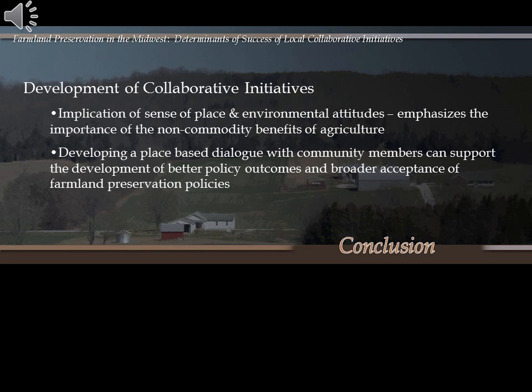And so just a couple of real quick ones, because I know this video's gotten long. One of the things that I took away from this is that sense of place and environmental attitudes are both really important for engaging the community in this dialogue. And so when it comes to looking at farmland, forest, or open space protection, you need to understand and engage the community in dialogues that focus both on environmental components, but also on the place-based components that will be impacted by whatever decisions are made. This place-based dialogue with community members really can help support and lead to broader acceptance of farmland preservation policies.